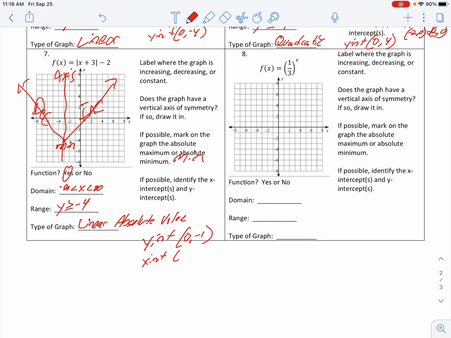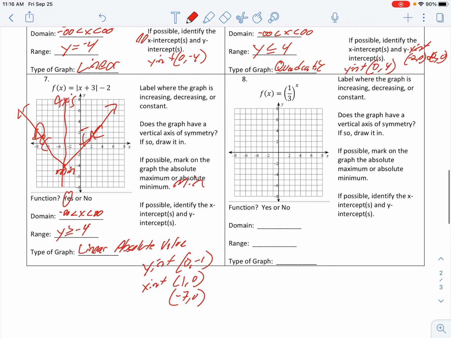And it is also crossing your x-axis at 2 locations. It's crossing one over there on the right at 1, 0. And it's crossing the other one at, let me see, count mine, 1, 2, 3, 4, 5, 6. Looks like at -7, 0. So when I sketch mine out, it's not stellar, but that's where the 2 x-intercepts are located that I was talking to you about. And then for the last one,